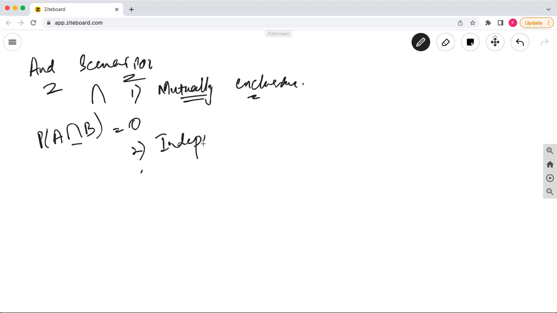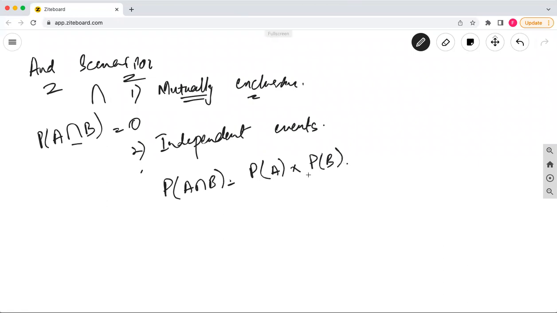Now if I see independent events, what we discussed earlier is that for independent events, the probability of A and B will be just the multiplication of their probabilities, probability of A into probability of B. And lastly, if we see the dependent events,